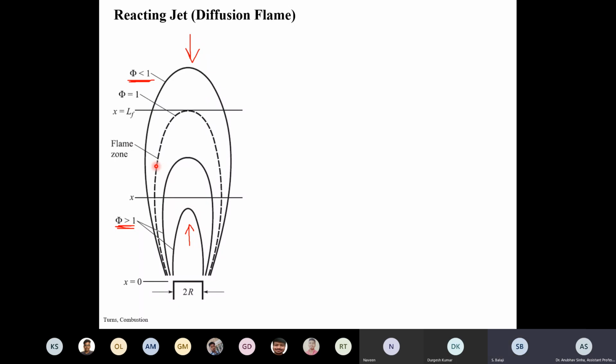Sir, so the flame front will be existing near phi equal to 1? No, I am saying it will be existing exactly at phi equal to 1. Okay, sir. There only you have fuel and air in the correct proportion. If you go out, you have more air. If you go in, you have more fuel. So where do we have correct proportion? Along this line. So this is where my flame will stabilize. It will sit here. Fine. Now let us look at these cut sections, how the properties vary.